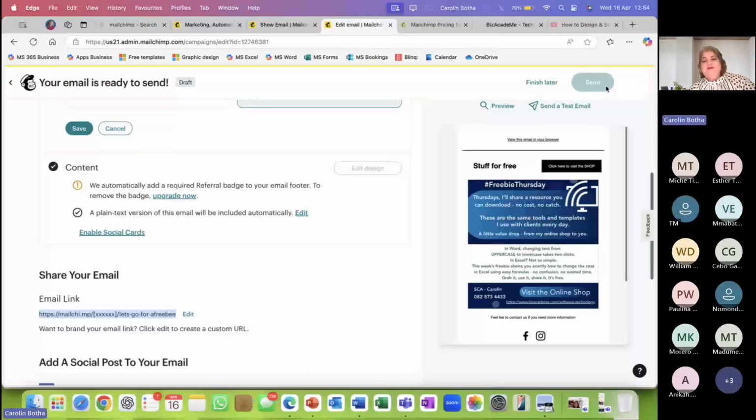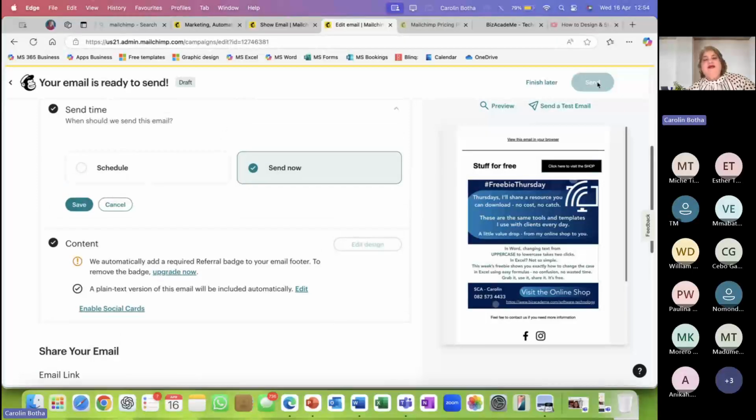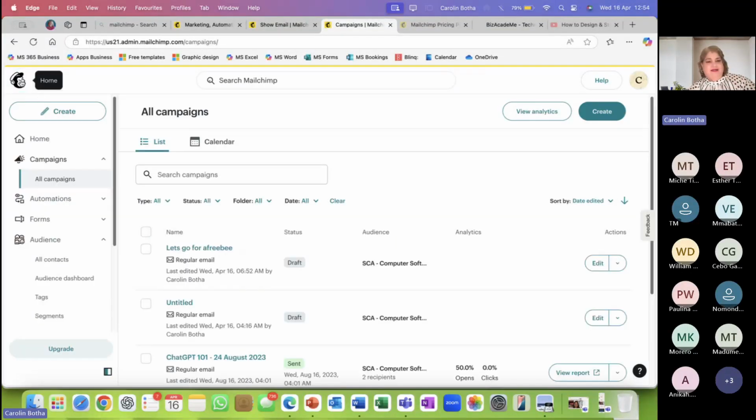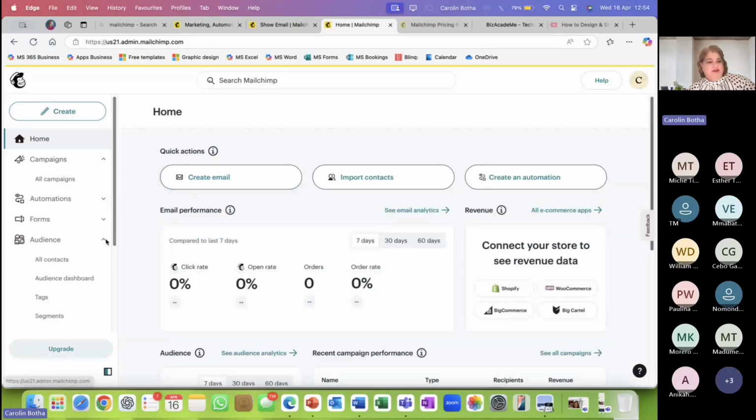Then the send button will be available and you can click on it, and 3 emails will go out automatically, not through your Outlook, through MailChimp, and it will be sent to each of those people as if sent to them individually. There is an option definitely where it ends up in the spam, but that you can also see in the analytics. Right, so let's just go back here and let's just go back to our very first page.